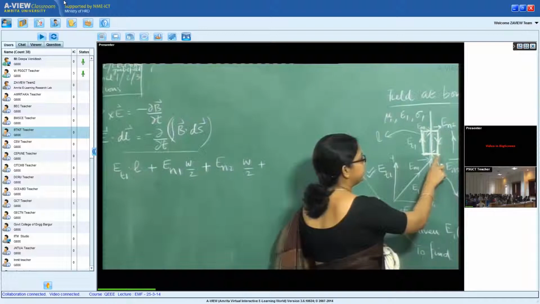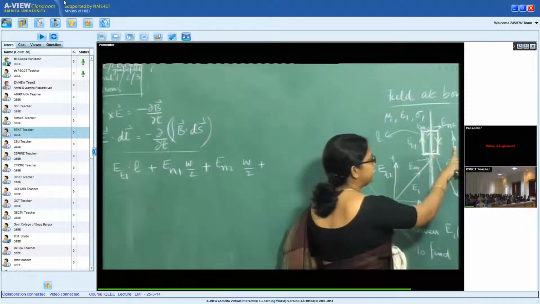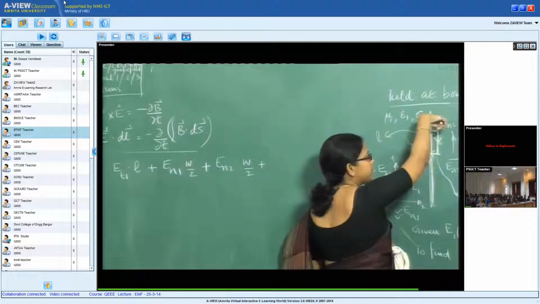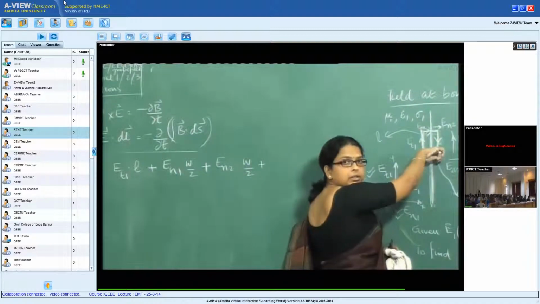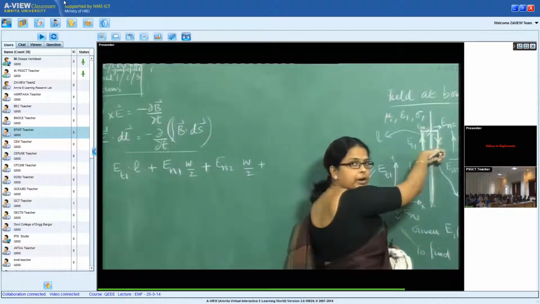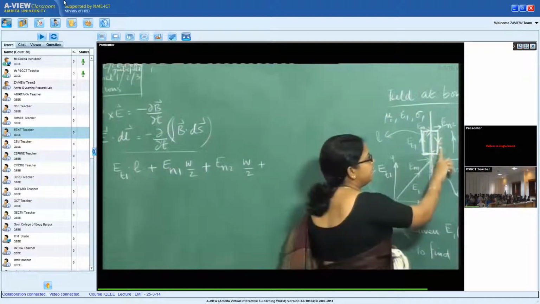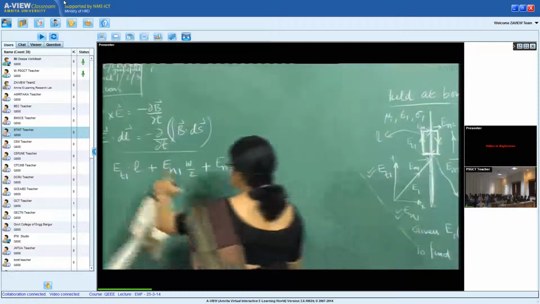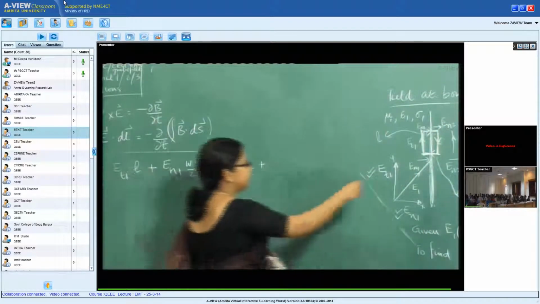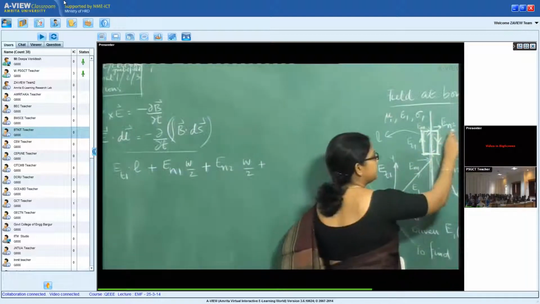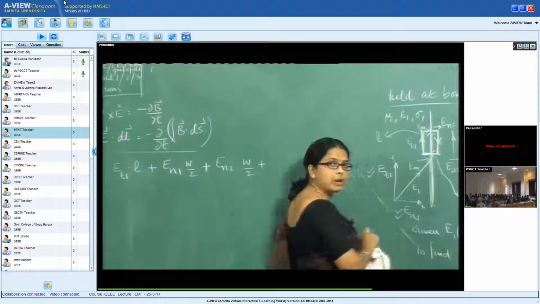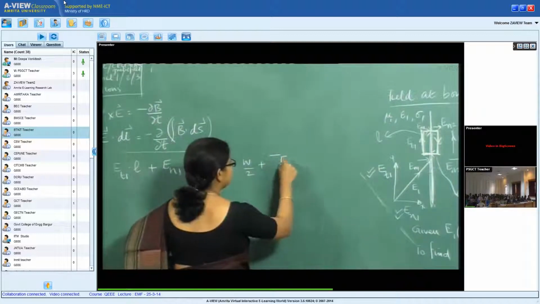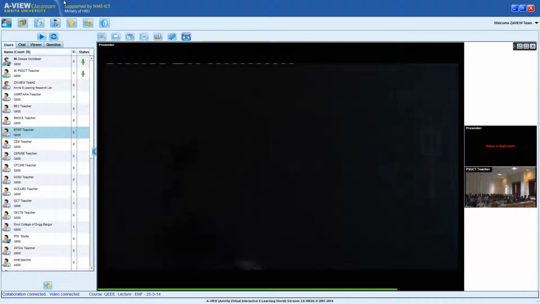plus this part of the loop. Now here I have to note that ET2 is along this direction, but I want to perform the loop integral in the opposite direction, which means in this dot product, the direction of dl is downwards whereas E is up. So the dot product would have minus ET2 times L.